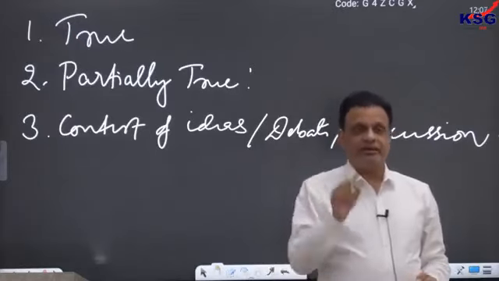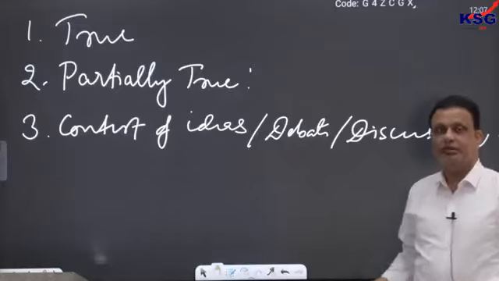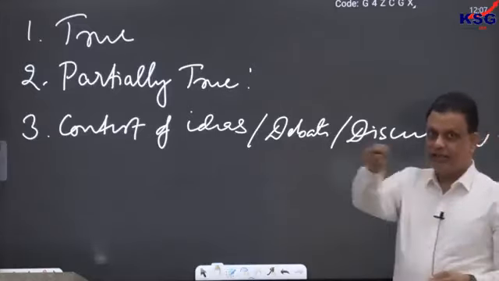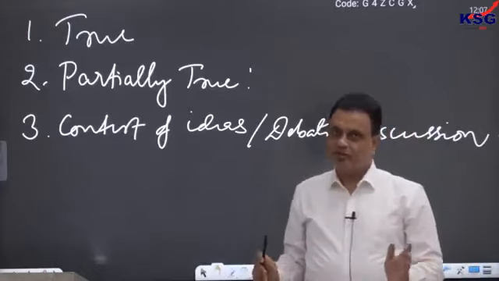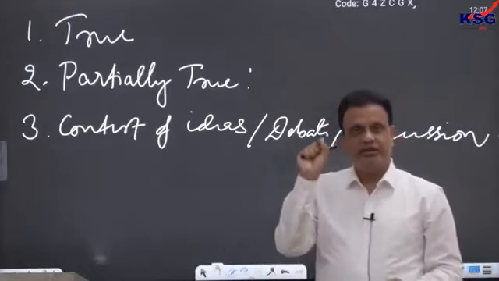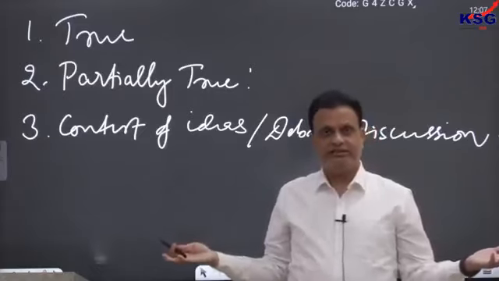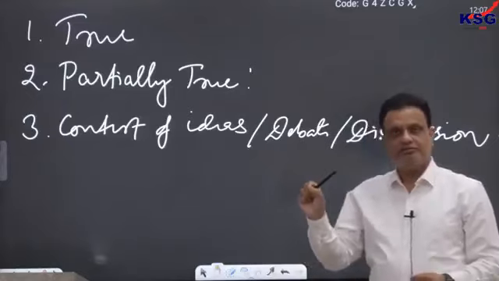And in order for a contest of ideas to happen, in order for a debate and discussion to happen, somebody has to be wrong. So just think of it. Suppose in this classroom all of us are right, then will there be any debate between us? Of course not. For any debate to happen, somebody has to be wrong. Either I am wrong or you are wrong, and then there will be a debate between us. So for any debate to happen, somebody has to be wrong.